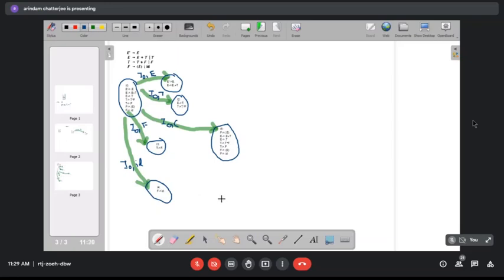So I think we are done with I0. So let's focus on I1. I1, the items are E producing E dot, E prime producing E dot, and E prime producing E dot plus T. Of course, we can do a go to on plus.